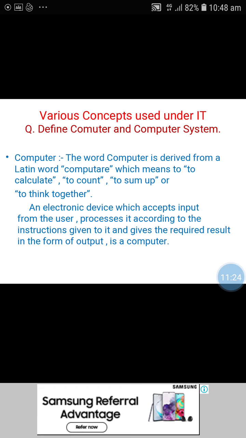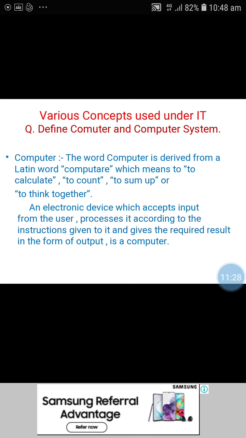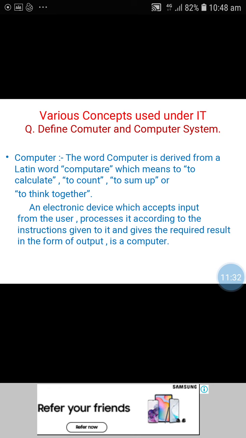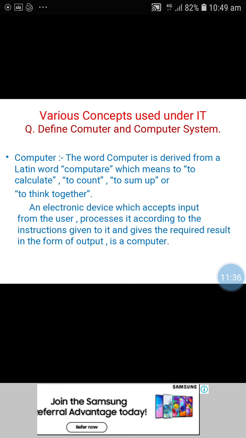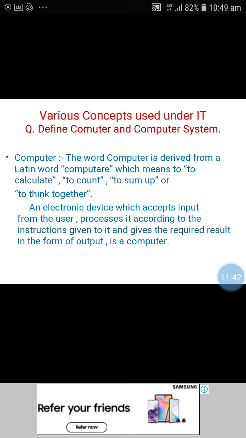Now see students, what is the basic definition of computer? It is an electronic device which accepts input from the user, processes it by using the CPU, and returns output to the user.